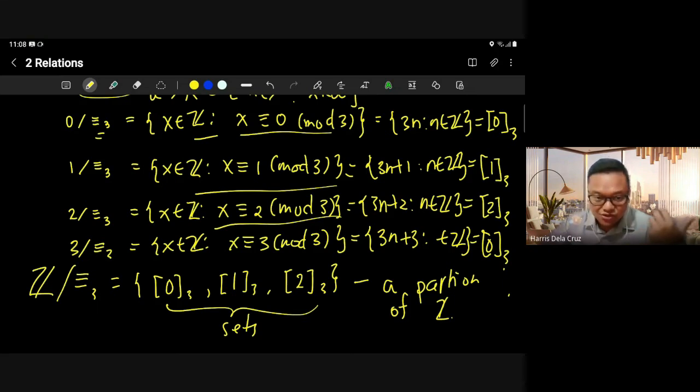Yun yung connection ng relation into partition. Napakita natin that whenever we have a relation,